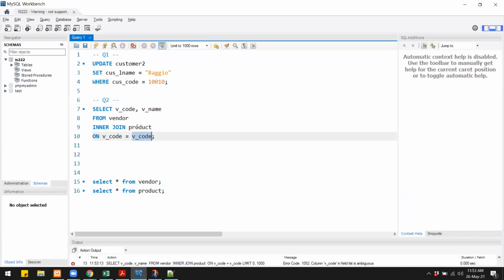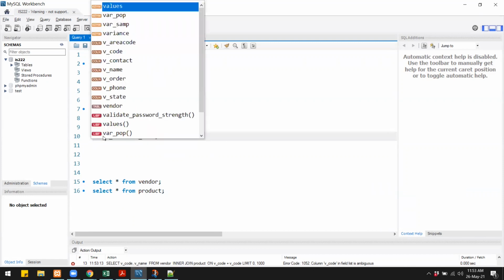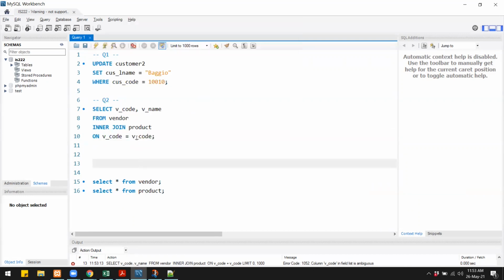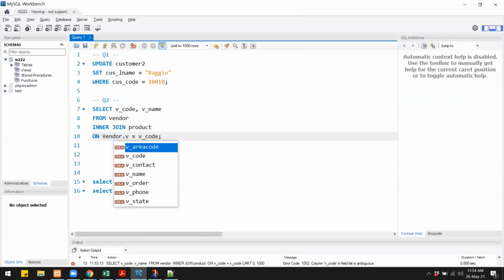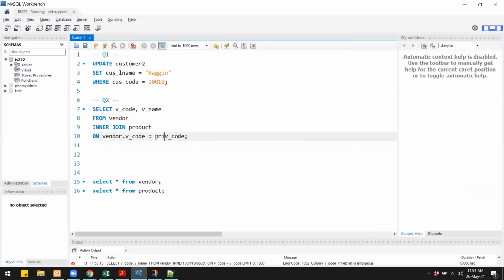So in here we need to tell that one vendor code is from the vendor table and the other is from the product table. And the way we do that is by writing the table name in front of the column name. So we will say vendor dot vendor code, and this side we will write product dot vendor code.